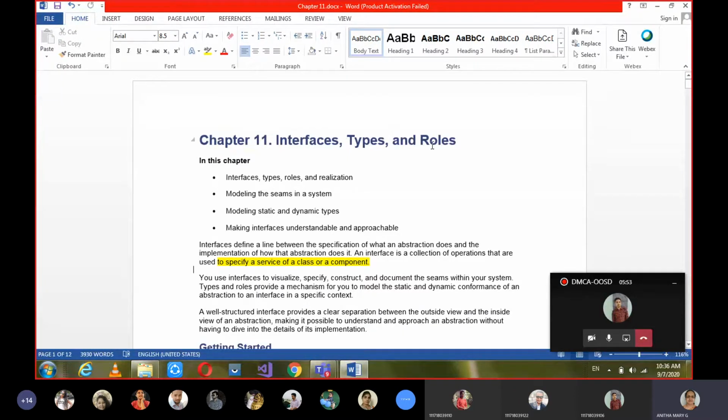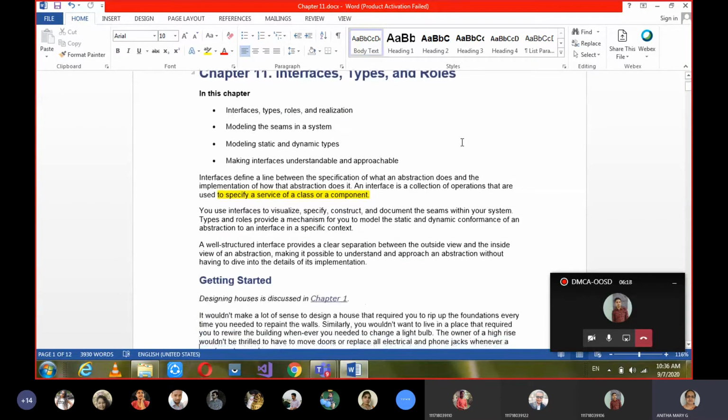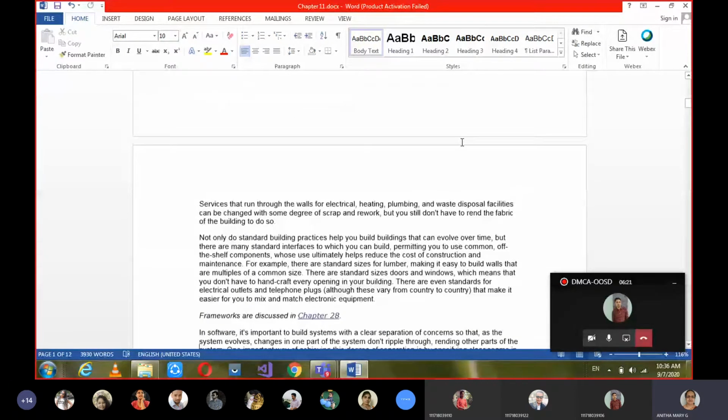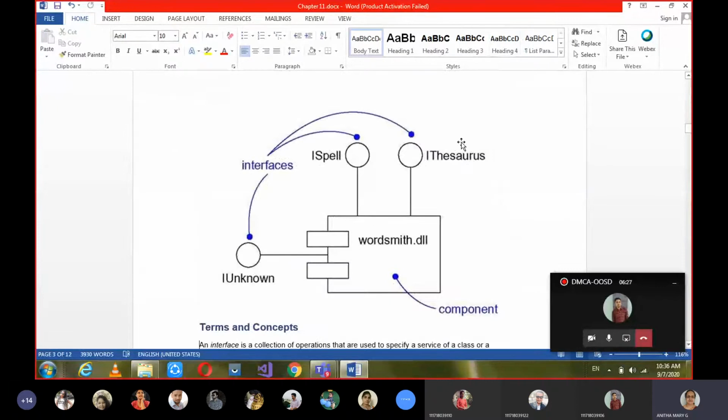And then coming to types and roles, so these types and roles provide us the mechanism for the model. Using types and roles, it is going to show you the procedure and the mechanisms for the model. In other words, it gives the functionality, and the complete behavior of the system can be depicted by using types and roles. Okay, so already we learnt about roles. Tell me, anyone, where have we learnt roles? In association adornments we have learnt.